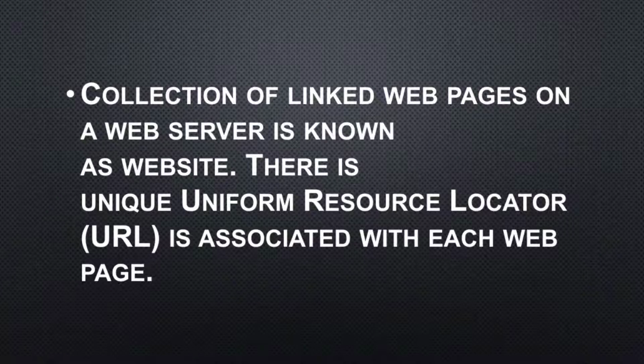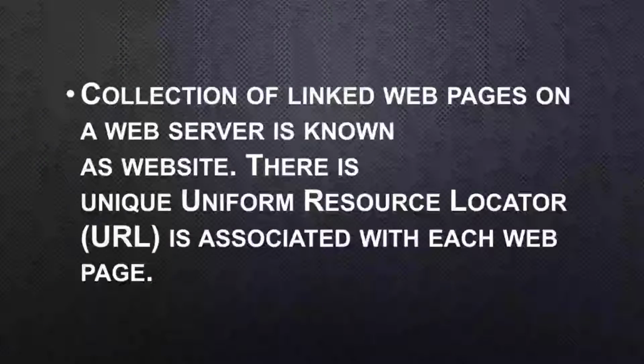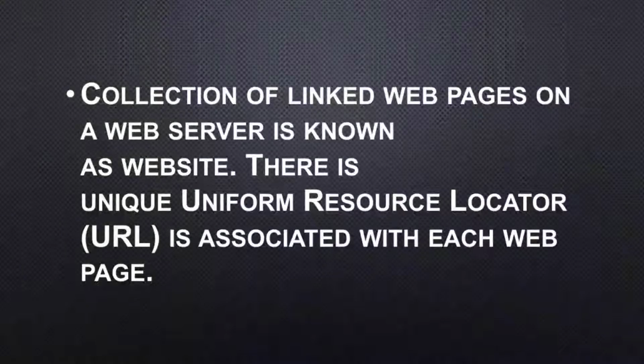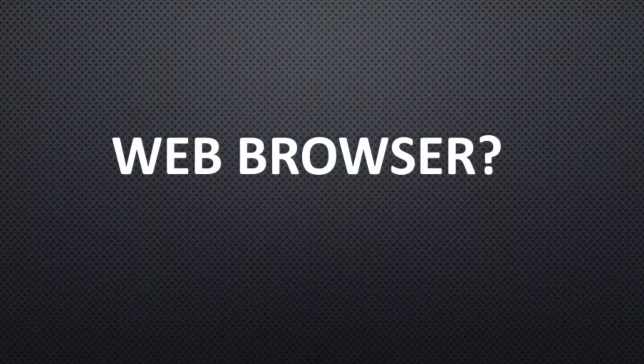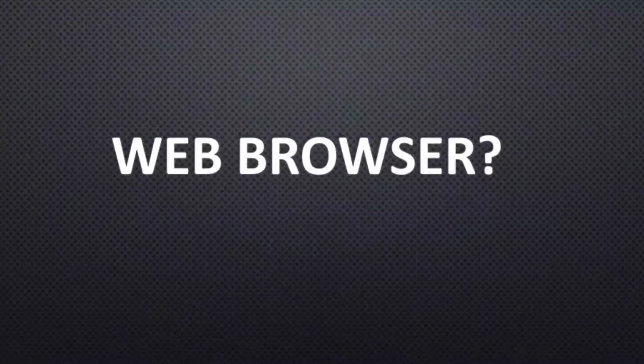A website is actually a collection of web pages. We have already seen about web pages. It's like a collection of text, information, everything. So together, if we have a collection of web pages, that is called a website. It is also accessed using the URL. Without URL, we can't even access these websites. So if you have 4 to 5 web pages together, or 2 to 3 web pages together, or some collection of web pages, then we form it as a website. Next is web browser. What is a web browser?